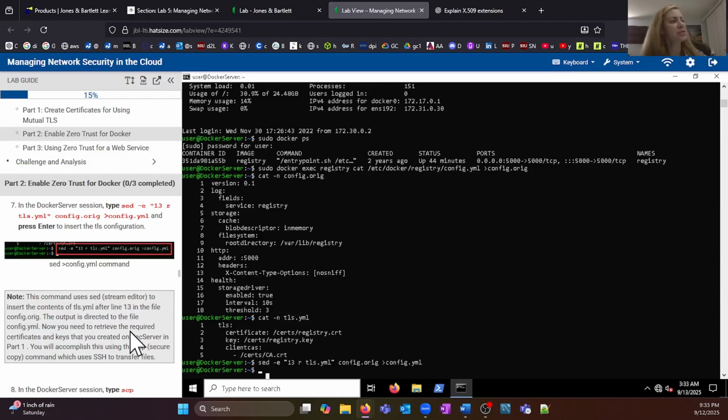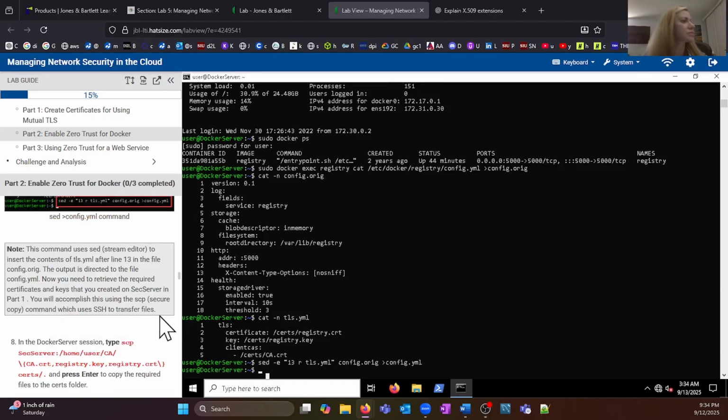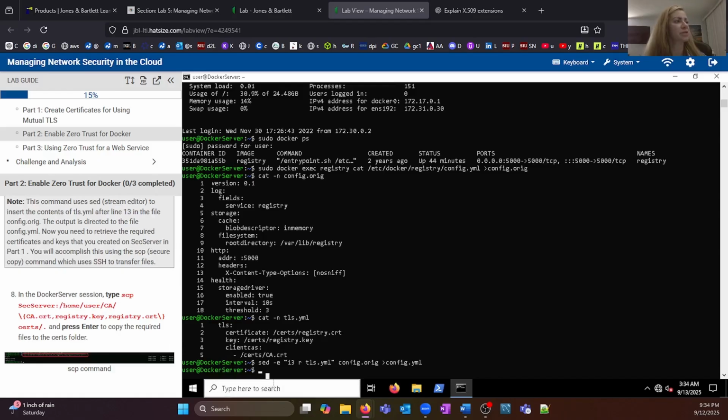Now you need to retrieve the required certificates and keys that you created on SecServer in part 1. You will accomplish this using SCP, secure copy. Oh yeah, I remember this command, which uses SSH, secure shell, to transfer files. In the Docker server type: secure copy,